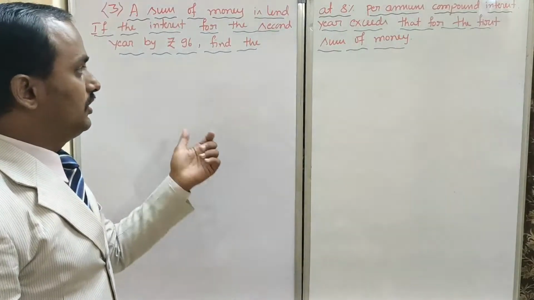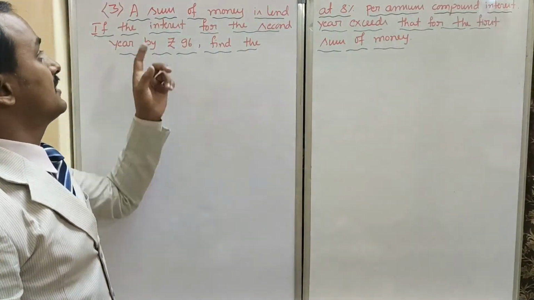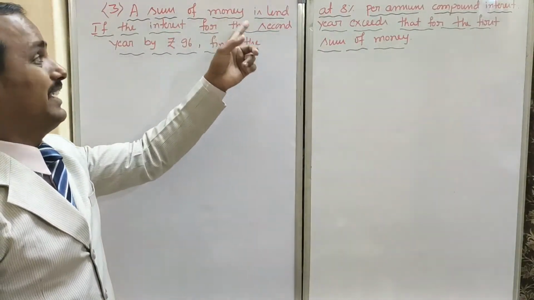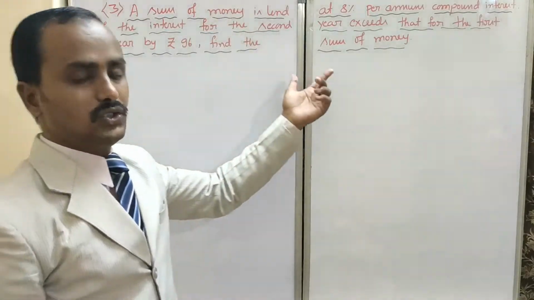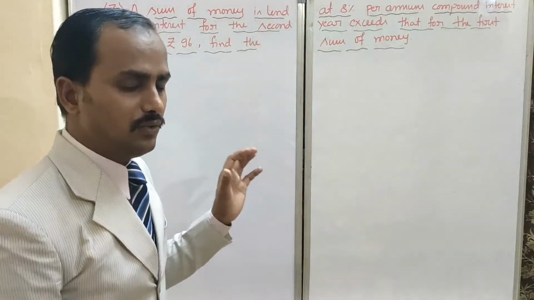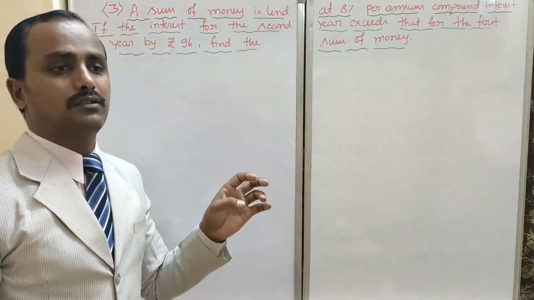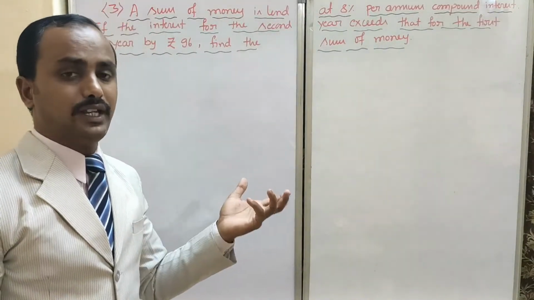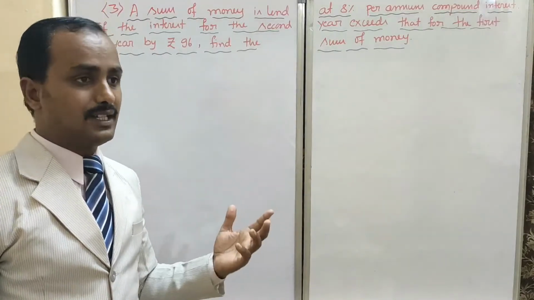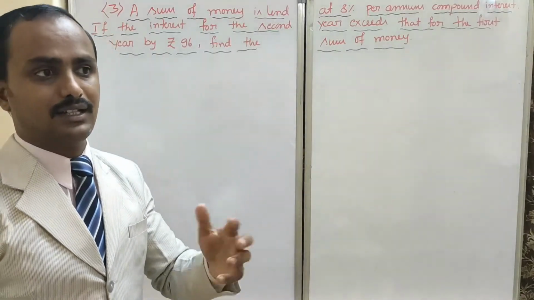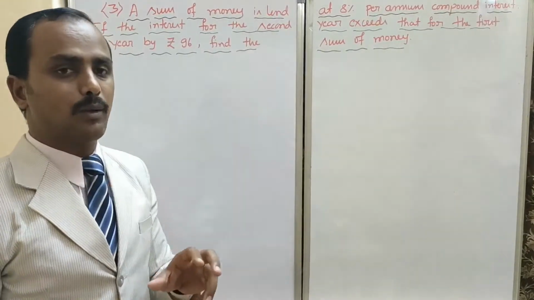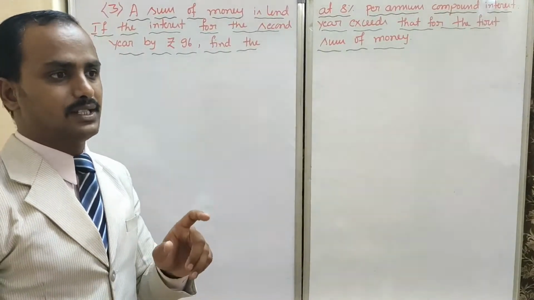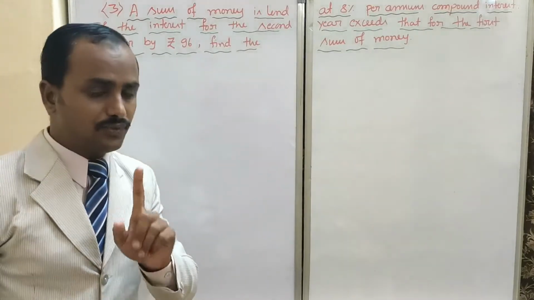Dear children, now I am going to find the sum of money. How much was lent in the beginning? But we don't know that. See, up to now they gave the principal amount and the respective rate of interest in the respective years. That problem is solved. Now onwards some different problems will come. You should observe carefully, dear children. I gave the idea. You should follow that method.